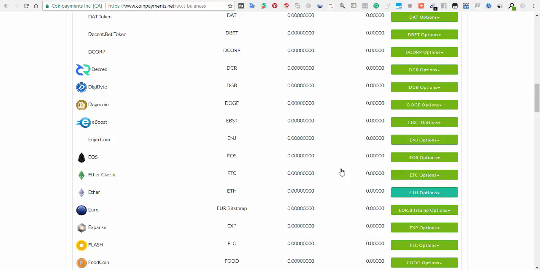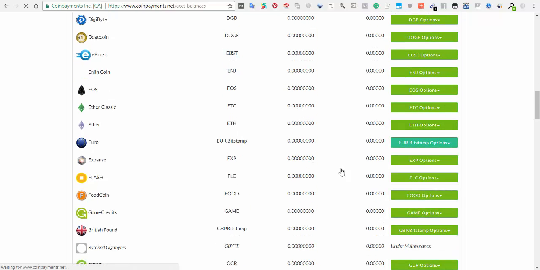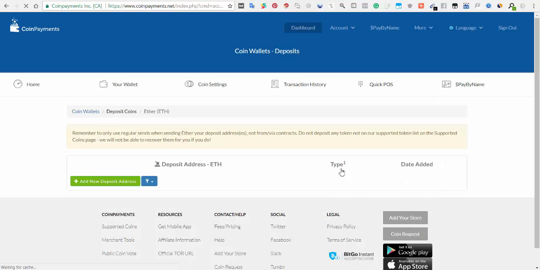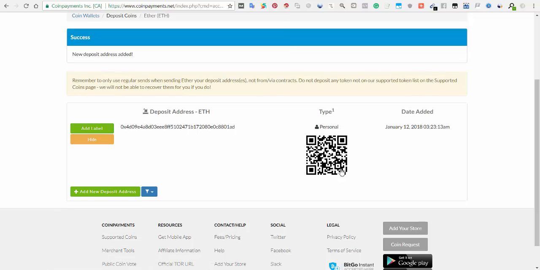Yeah, this is Ethereum. You say you want to receive. For those who have not created a wallet, just click add new deposit address. So now this will be your new address. All you need to do is copy this address,